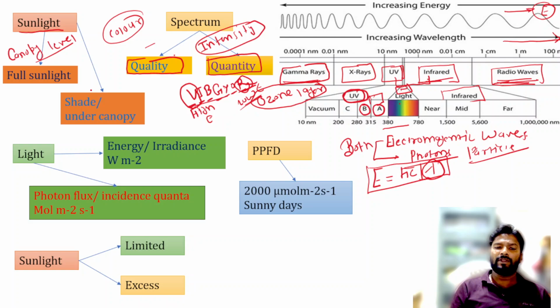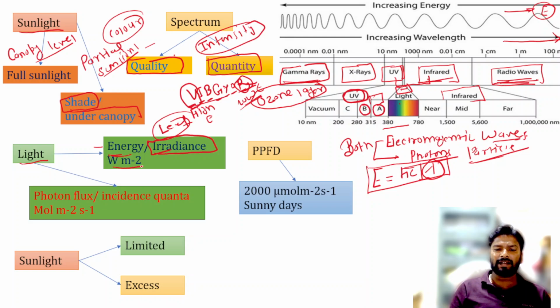Also, some plants which are grown under the canopy, or some shade plants, are getting partial sunlight. So this is also one of the conditions: that we are receiving full sunlight, or half sunlight, or partial sunlight. Then light also has two components, that is energy, already discussed, that wave and the particles. So energy is the total irradiance received on the leaf surface, measured in watt per meter square,